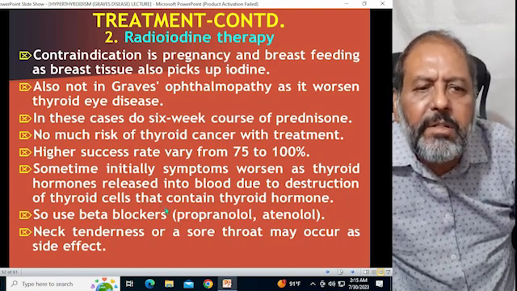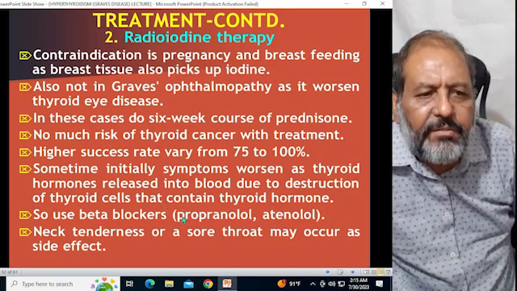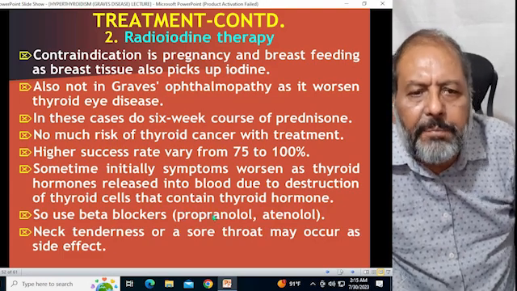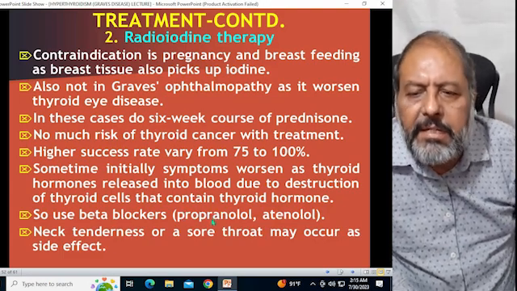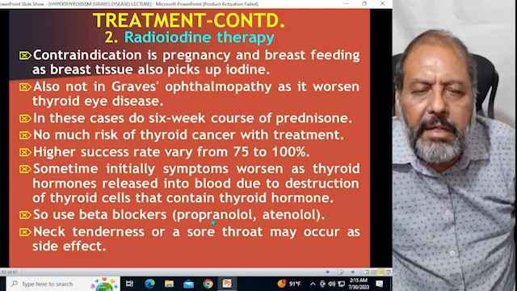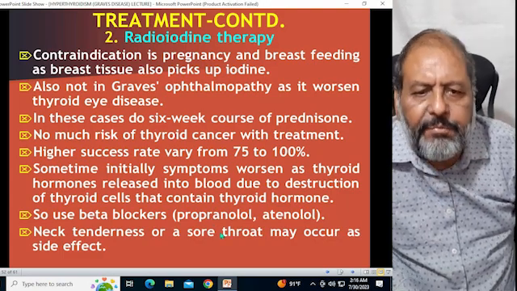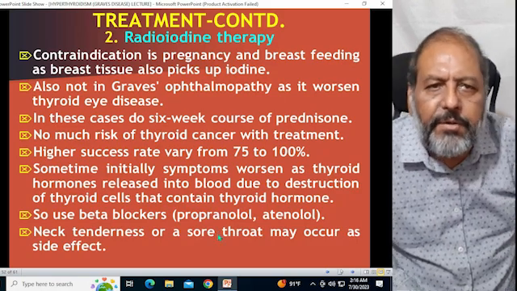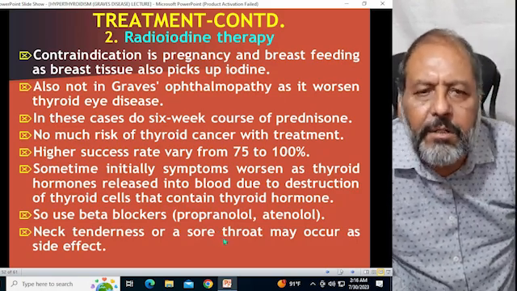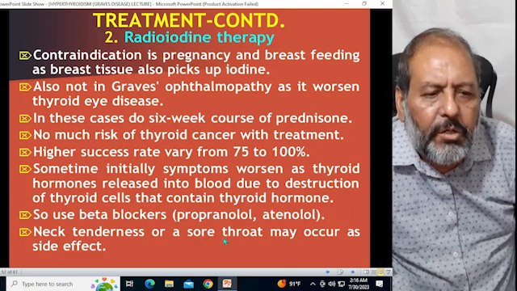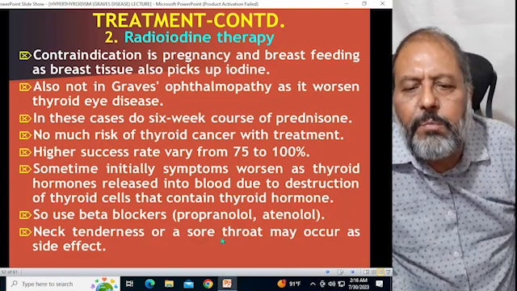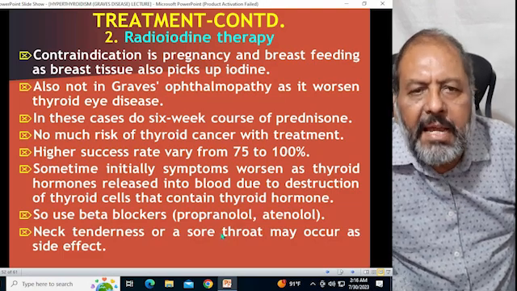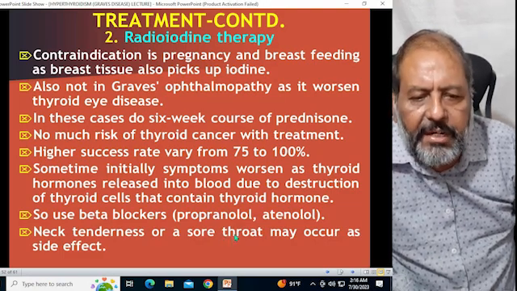Radioiodine therapy is contraindicated in pregnancy and breastfeeding, as the breast tissue also picks up some of the iodine. It is also not given in Graves ophthalmopathy, as it worsens the thyroid eye tissue. In these cases, give a 6-week course of prednisone. There is not much risk of thyroid cancer with this treatment, and it has a high success rate, which varies